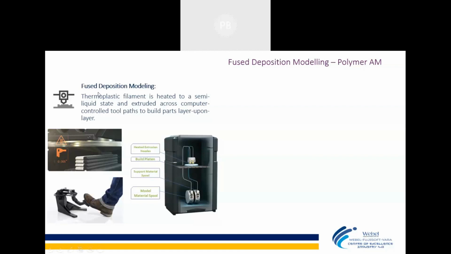The layer by layer deposition will go on and the model will be formed into the part. As we have seen in the video earlier, it is printed layer by layer of material. So that is fused deposition modeling. This is one of the oldest and a worldwide well-known accepted technologies of 3D printing, because it comes at a very low cost, and in a certain amount of time we can directly print and develop our products.